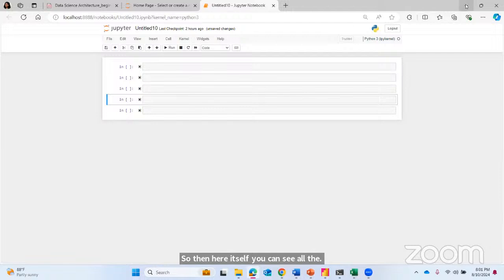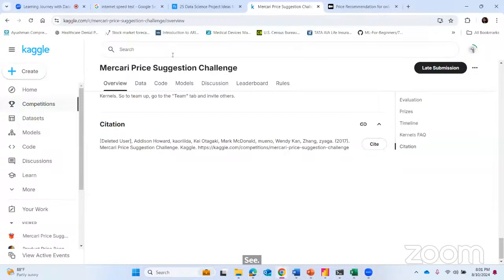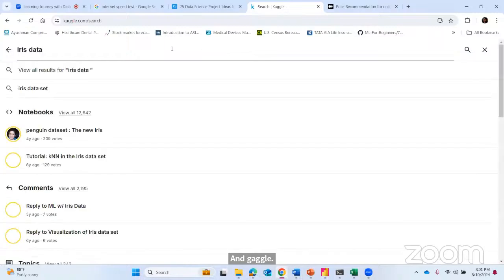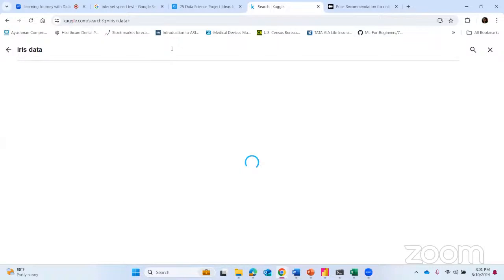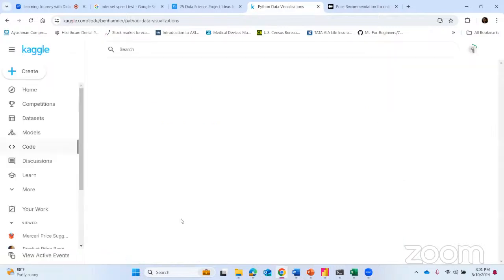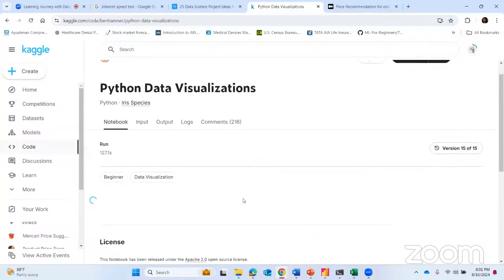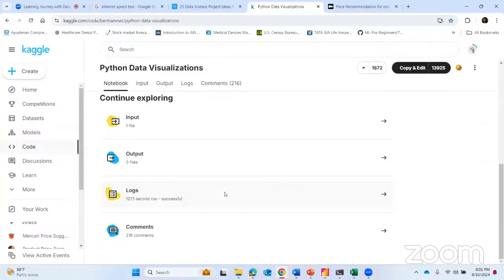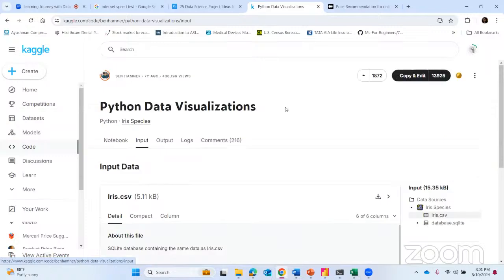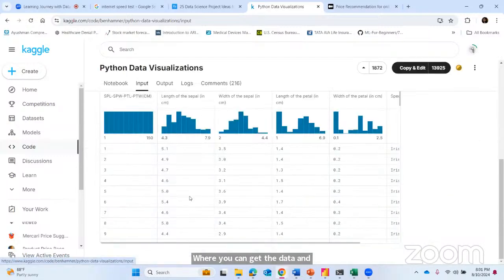So let's also see Kaggle. As I said, if you want to practice, you can use Kaggle as a platform where you can get the data, and you can have the code also here, which helps you to understand.